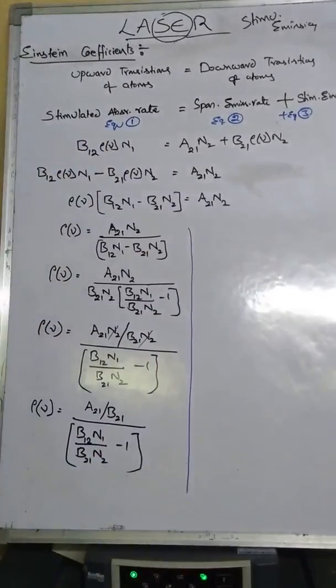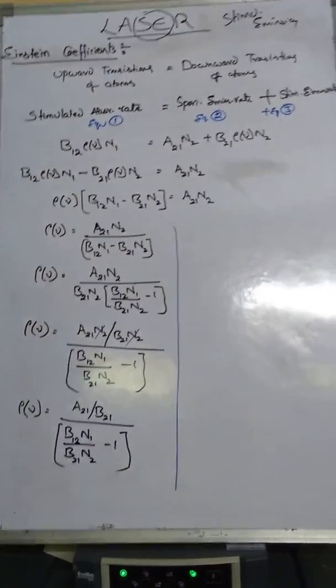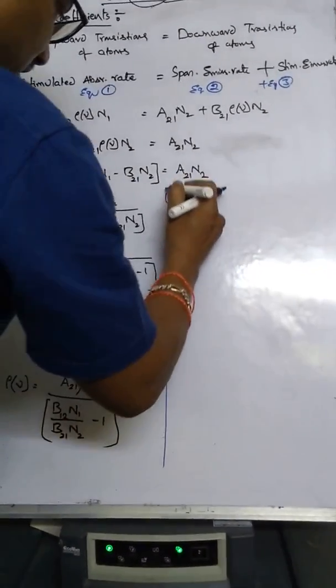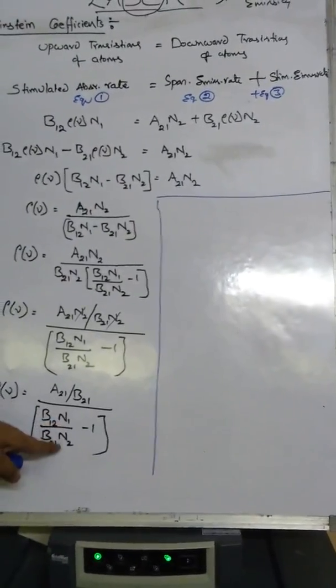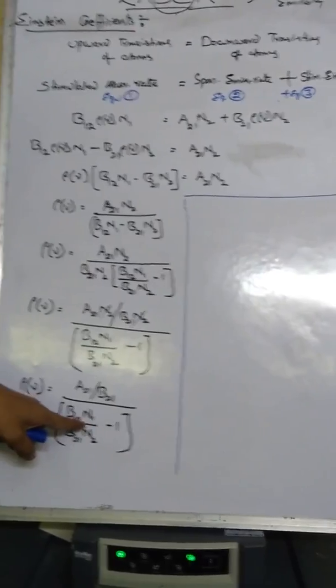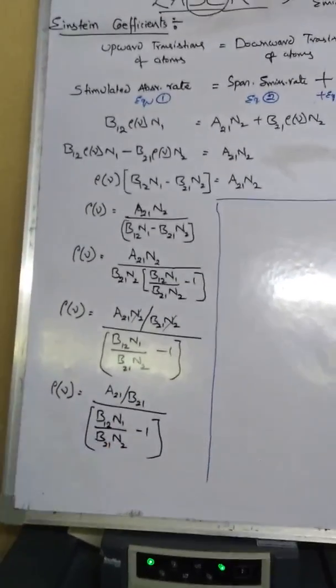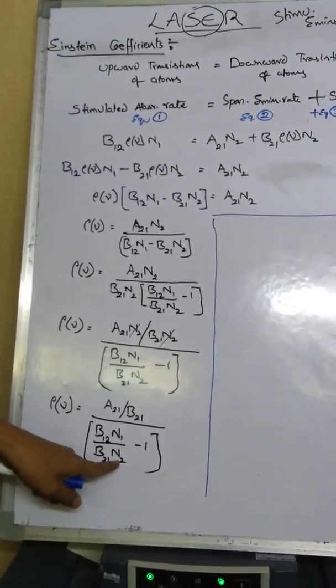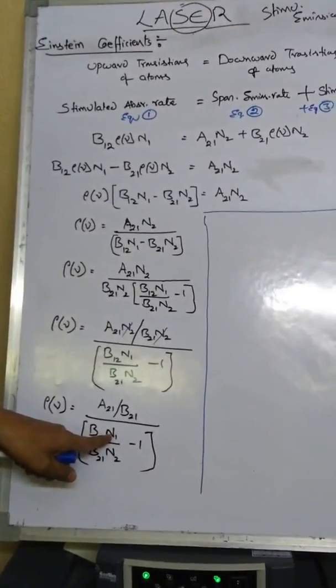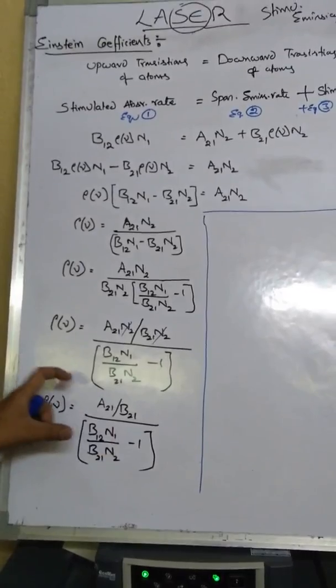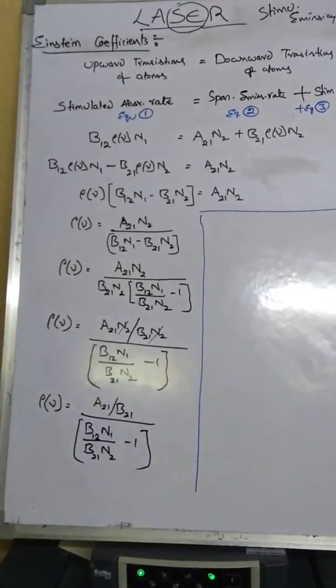Let me bifurcate the board. Now here we have to know the terms of n1 and n2. N1 is the number of atoms in the ground level, and n2 is the number of atoms in the higher energy level. If we know the value of n1 and n2, we can simplify this equation a little bit. So for that,